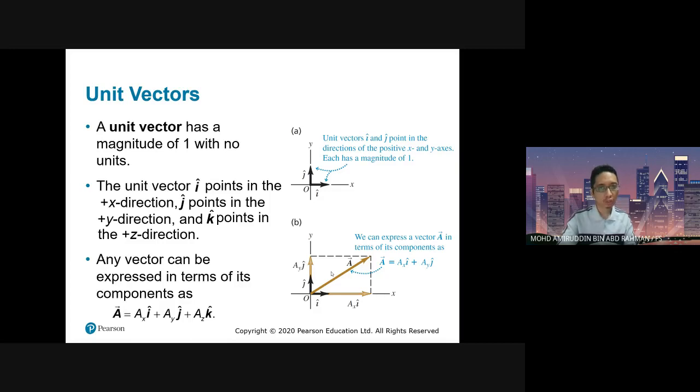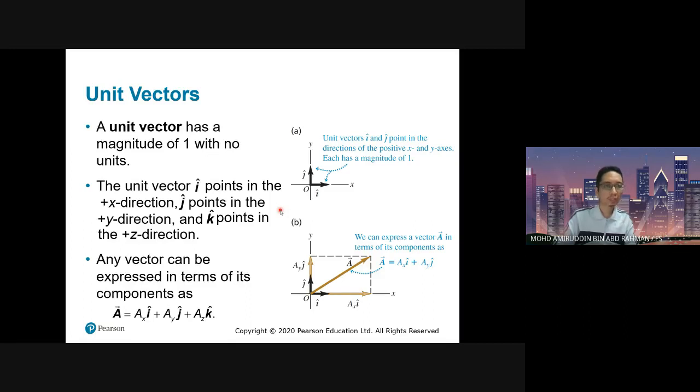As you can see in the picture, unit vector i points to x, unit vector j points to y, and unit vector k points to